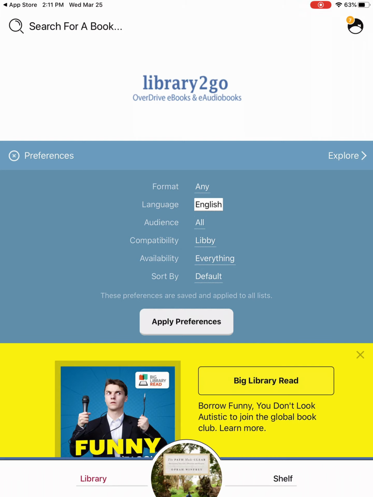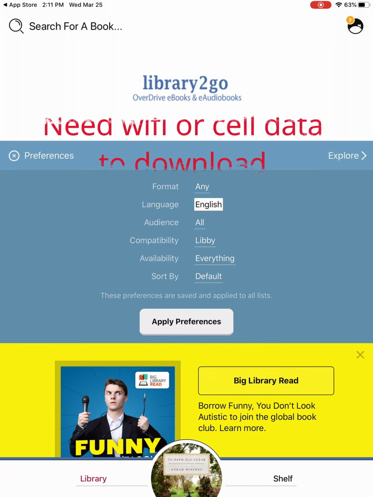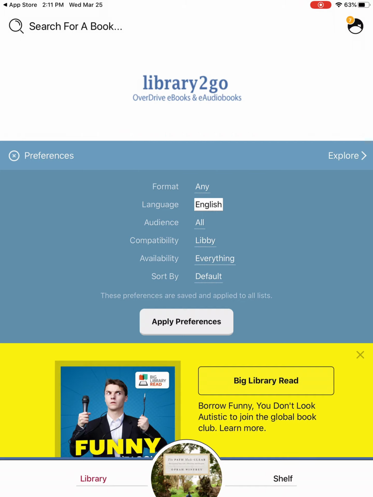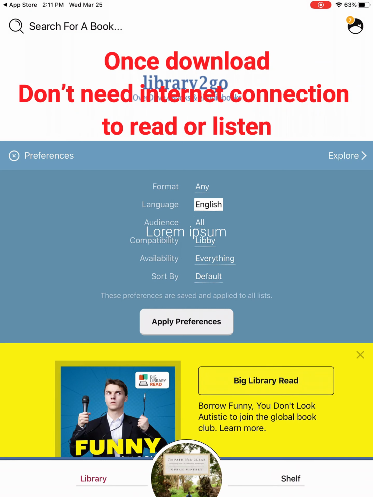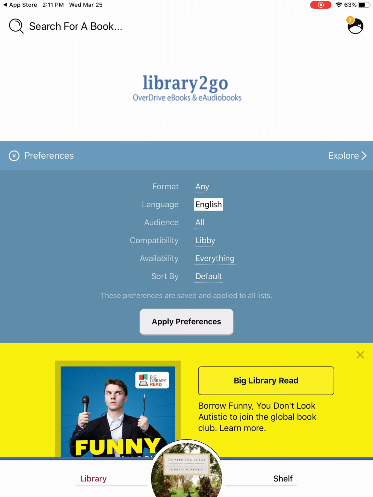For downloading, you do need Wi-Fi. However, once you've downloaded it, you don't really need Wi-Fi to listen to it or read the book. Usually a loan is about 21 days. So, for example,